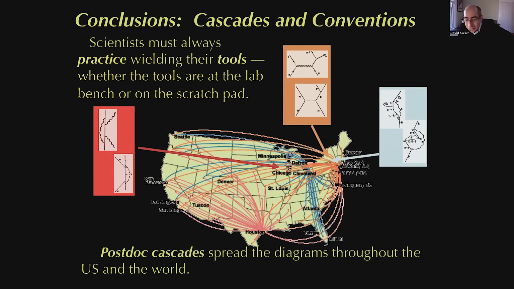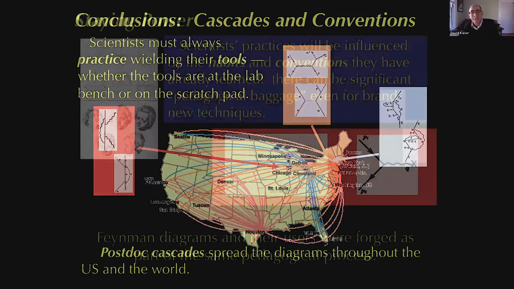So scientists then and as now always have to practice using their tools. Our tools don't come for free. That's why it takes many years of training, many problem sets, many late nights, many lab reports. And the tools aren't automatic. The tools themselves can change and can be put to new uses. How do they spread? How do these new techniques spread? Writing a really great textbook, or nowadays maybe making a great viral YouTube video, that can certainly help. But at least in its early days, it took much more than only kind of text-based means of propagation. It really took very specific social institutions like postdocs and their dispersal to help move these techniques around.